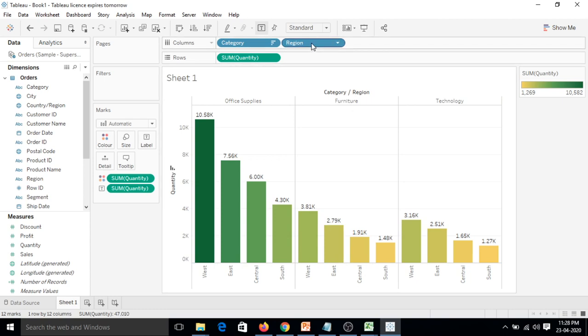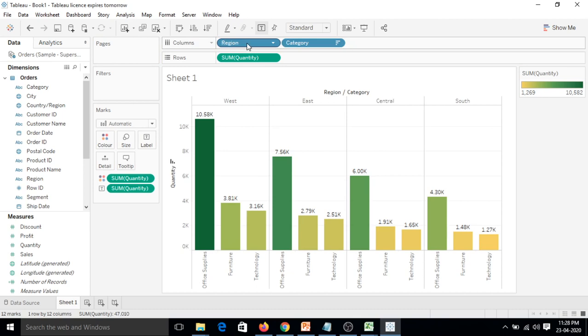It depends on the business requirements and the type of visualization you want to create. Sometimes the business says that they want to see insights on the basis of region, so you select this. Otherwise, they may want to focus on a specific category, like how much of each category was sold in which region. So you can modify these charts according to the business requirements.